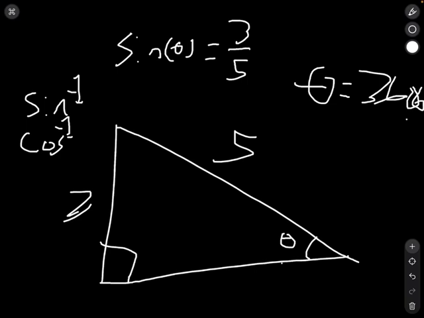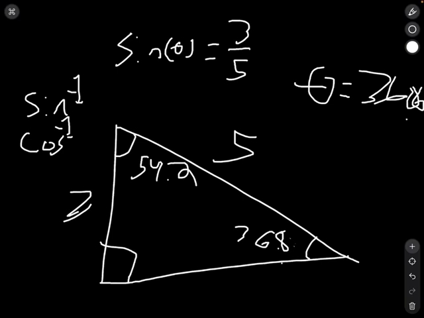So, 36.8. Yes, 36.8. And then, just like that, we can solve the entire triangle. Just subtract 36.8 from 90. So 90 minus 36.8, and you get this angle is